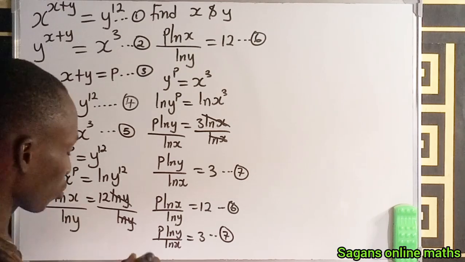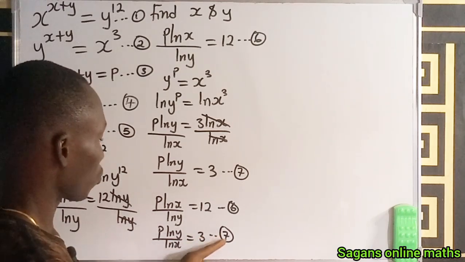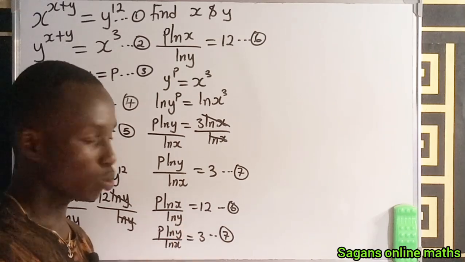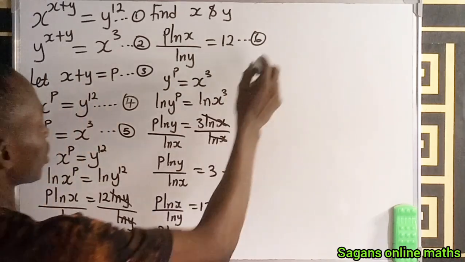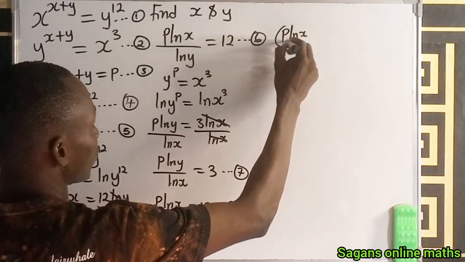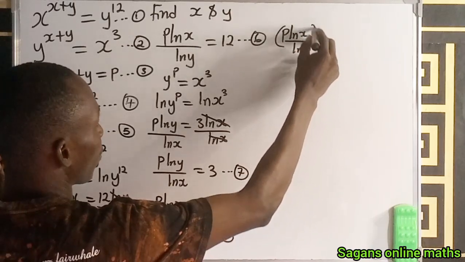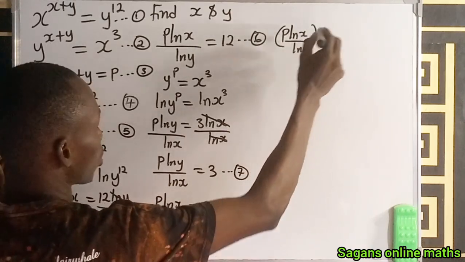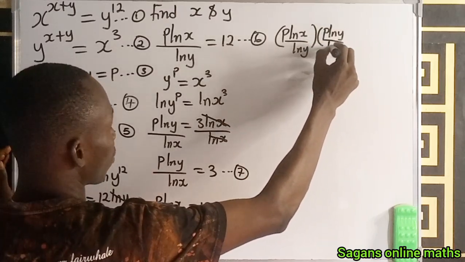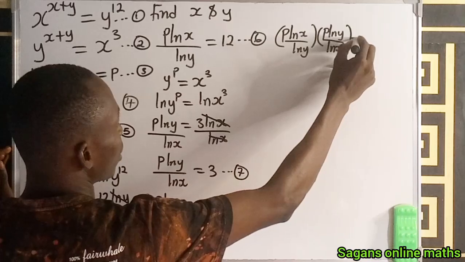Now what we are going to do is multiply equation 7 with equation 6, or either we multiply equation 6 by equation 7. So let's do that quickly. I'm going to write p ln x divided by ln y, multiplied by equation 7, which is p ln y divided by ln x, equals to